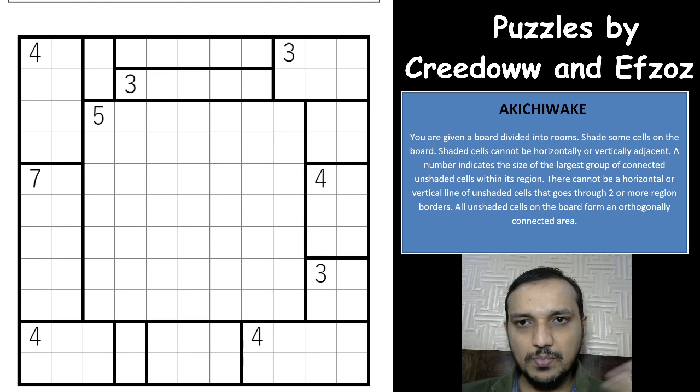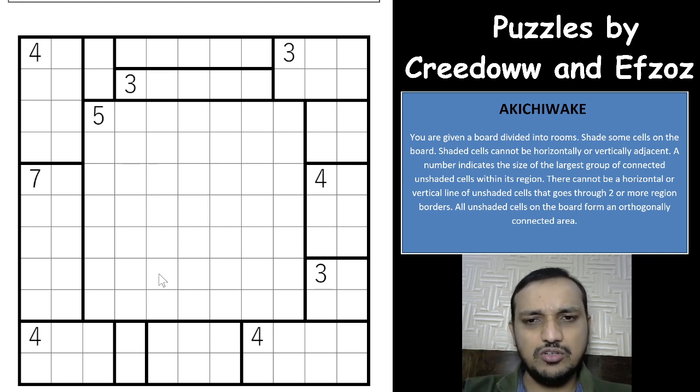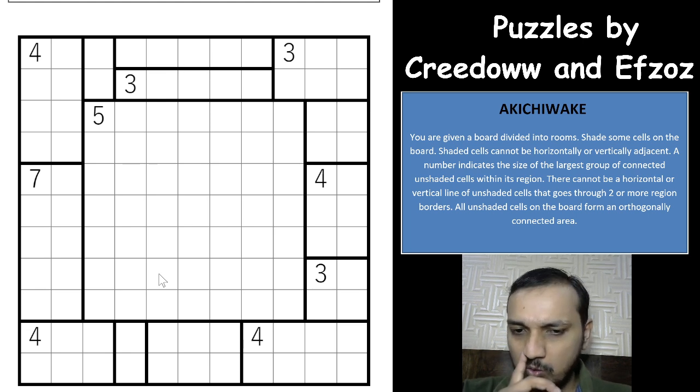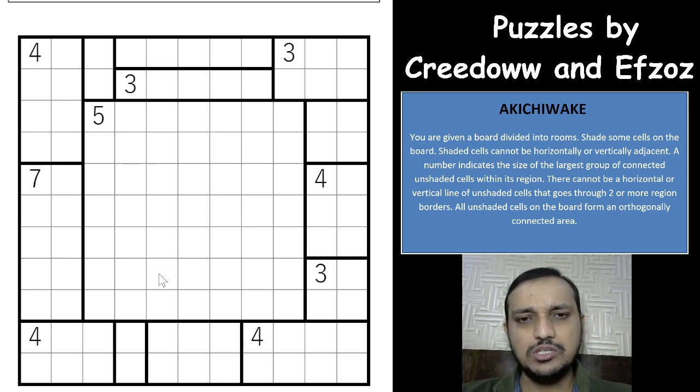And now coming back to this puzzle, it's a variant of a Hiccups puzzle. In Hiccups puzzle, some of the rules actually match with this puzzle genre. The main thing here is you have to shade some white cells in the grid in such a way that no two shaded cells are orthogonally adjacent to each other. All the white cells, or the whole white area in the grid, have to be orthogonally connected. You can have only one whole white area here. They have to be connected to each other, and then